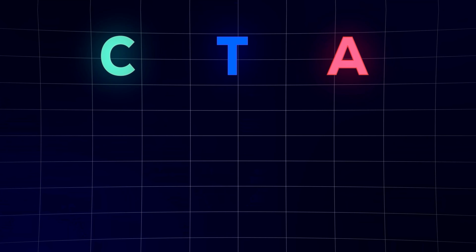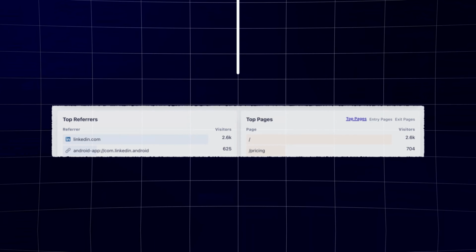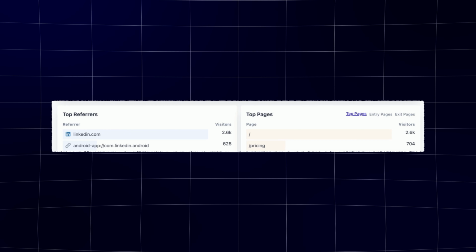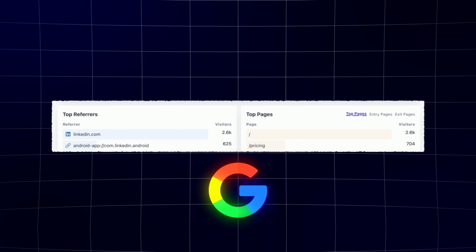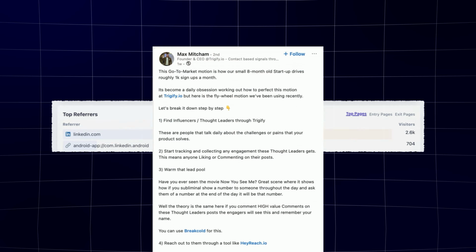Then you will have to work on your call to actions. With CTAs alone, I've generated thousands of website visits from LinkedIn in just a couple of months. And it doesn't take into account people looking at our brand on Google and people referring us elsewhere from LinkedIn. To do the same, start by turning on the creator mode on LinkedIn and add 3 different call to actions